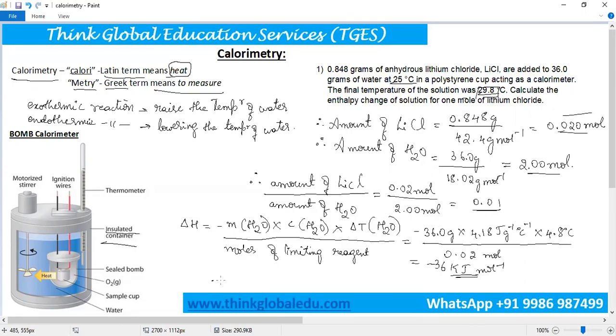Therefore, in this reaction, the solid lithium chloride, on reacting in an aqueous medium, forms aqueous lithium chloride, in which minus 36 kilojoule per mole of energy will be given out, indicating an exothermic reaction. Thus, by means of calorimetry, one can easily calculate the enthalpy change for a reaction and predict whether a reaction